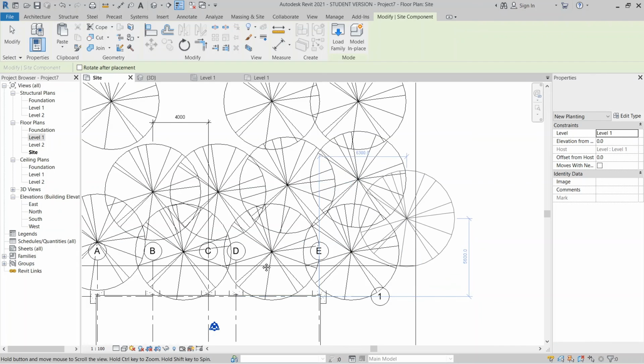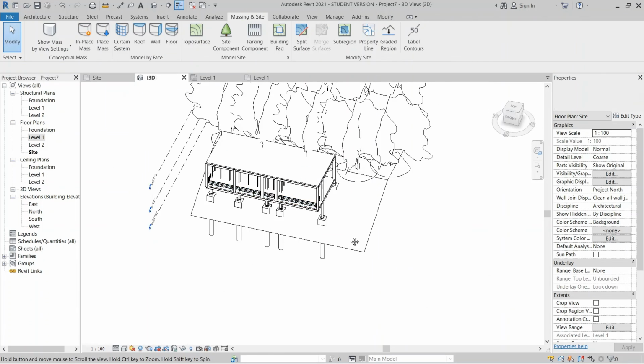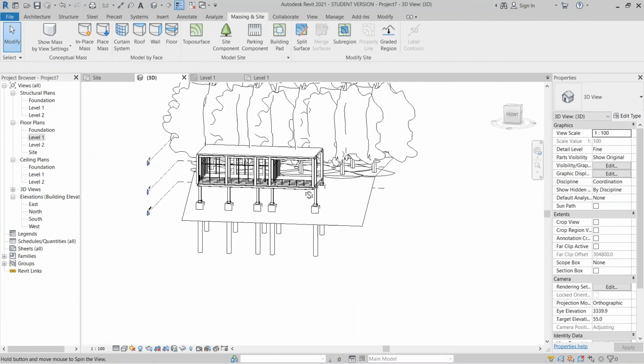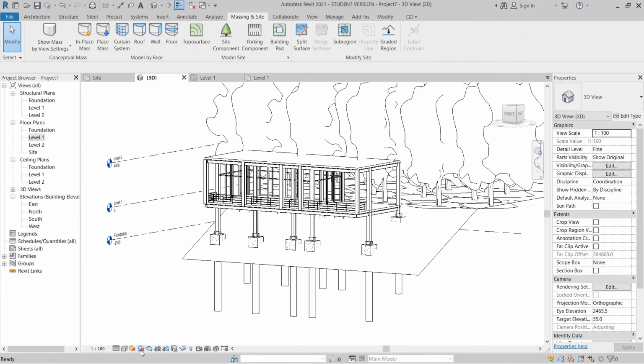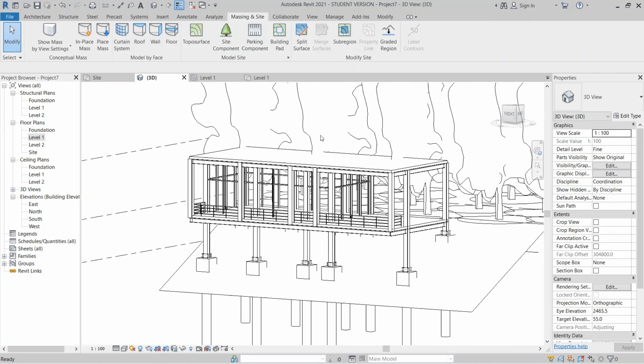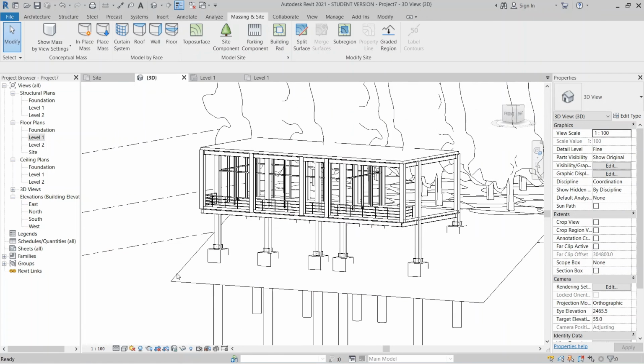Okay, we are almost finished with this tutorial. Go to my 3D, as you can see, and boom, you've done your forest house building, steel structure inside your Revit here, and you added your custom steel connection and your default steel connection also.